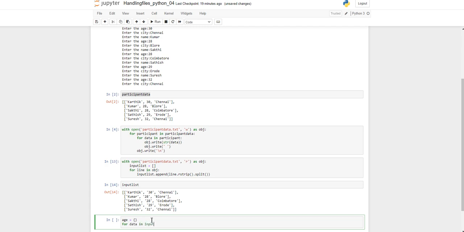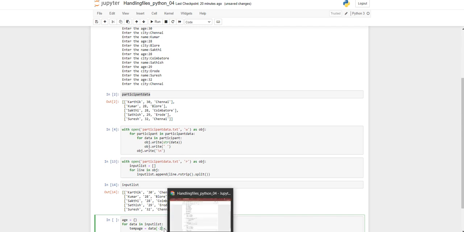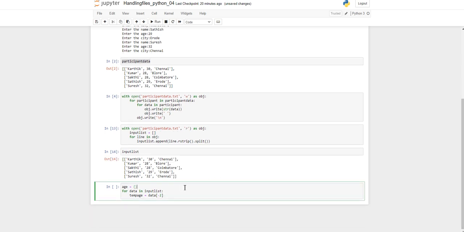For data in input list, temp age equal to data of -2. So -1 is the city and -2 is the age. I can print, and you will be able to see. Print temp age.